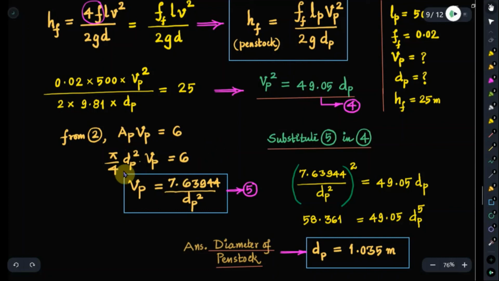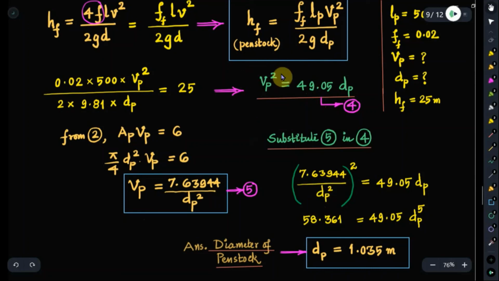So from this you can get an expression for Vp. Vp is equal to 7.63944 divided by Dp square. Let it be equation number 5. We have already obtained a relation between Vp and Dp by using Darcy's equation, that is Vp square is equal to 49.05 times Dp. Now substitute the value of Vp given by equation 5 in equation 4. So Vp square, that is 7.63944 divided by Dp square, squared,